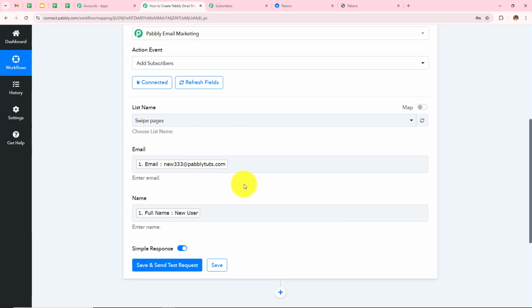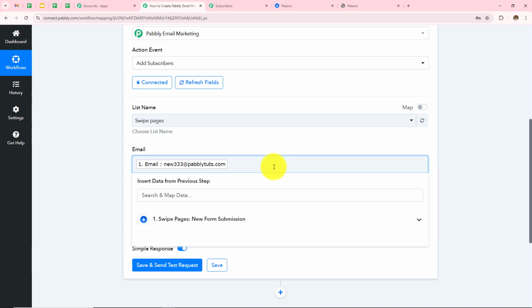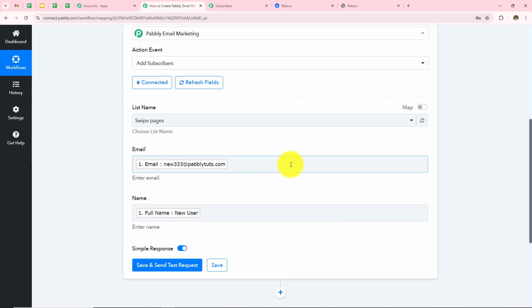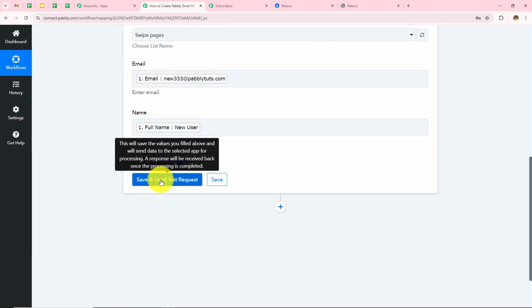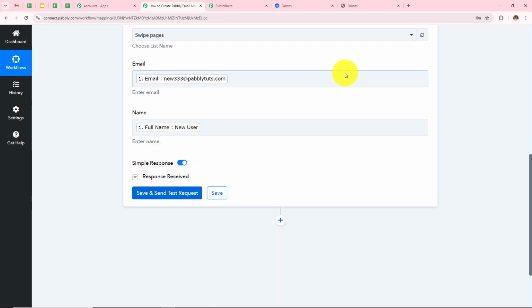Now over here, mapping is important so that every time you receive a new response, it is taken into consideration in these fields. Manually entering the data will make these fields static and the information will not change even if you have received a new response. Over here, if I manually enter any data, this field will become static, and every time I receive a new response, the result will not change. So as to keep these fields dynamic and to keep these results and response changing, I have to use this process, mapping. Now I simply have to click on save and send test request.